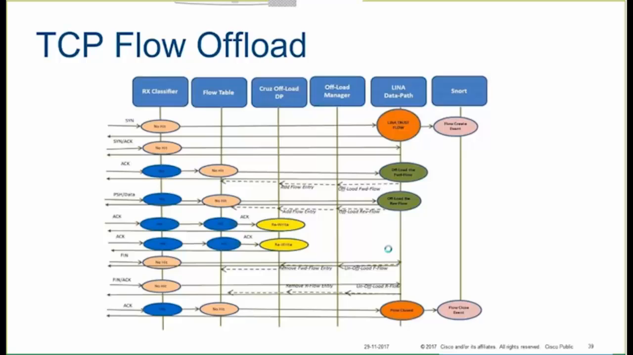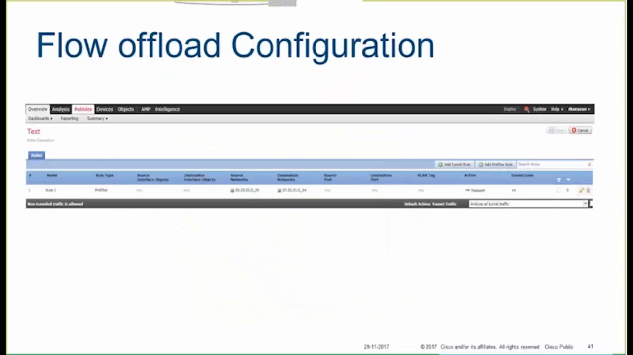This is how a general TCP flow offload happens, and this is basically explaining at which stage the flow offload is happening from the 9300 or the 4100 perspective. So we have a few modules here. The starting one is called the RX classifier. This classifier basically looks at control packets, and when we say control packets, in case of TCP, these are basically packets called